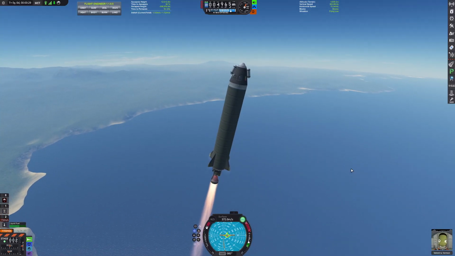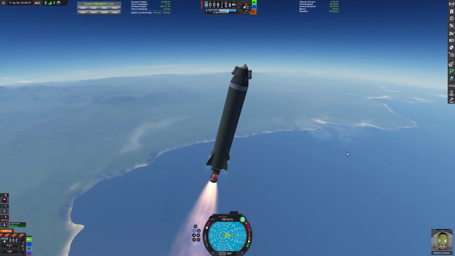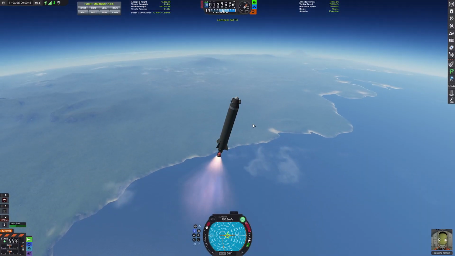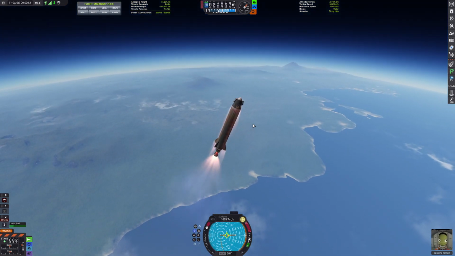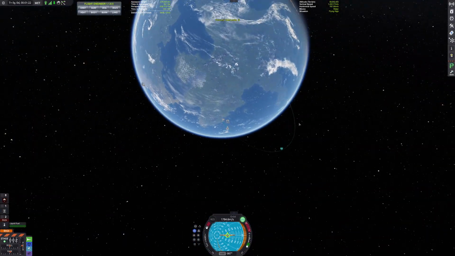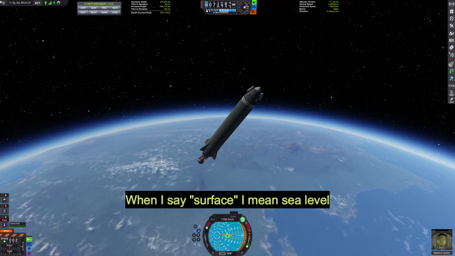We're going to turn to the right a bit, and the reason why is because Kerbin, just like Earth, rotates in this direction. So whenever we take off with the rotation of the planet, we actually gain a bit of speed because we're not fighting against its rotation. Here you can see our apoapsis, which is the furthest point from the surface of the body we're orbiting, is